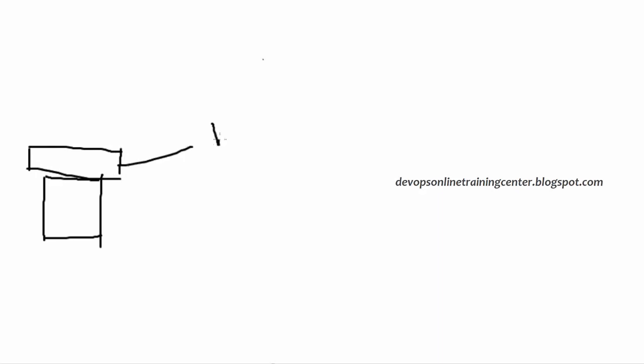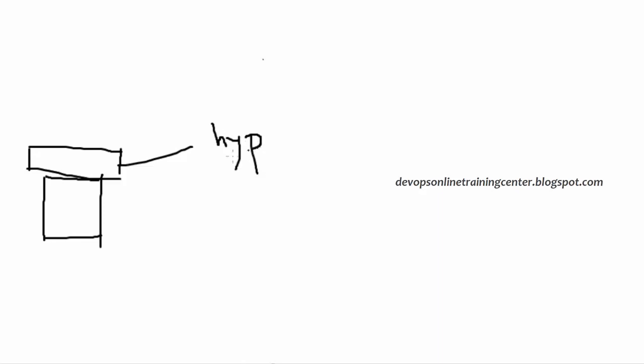Okay, so basically what is happening while installing Vagrant is this: let us say this is your hardware, laptop, Windows. Then on top of that, we are installing a hypervisor. Okay, this is my hypervisor.